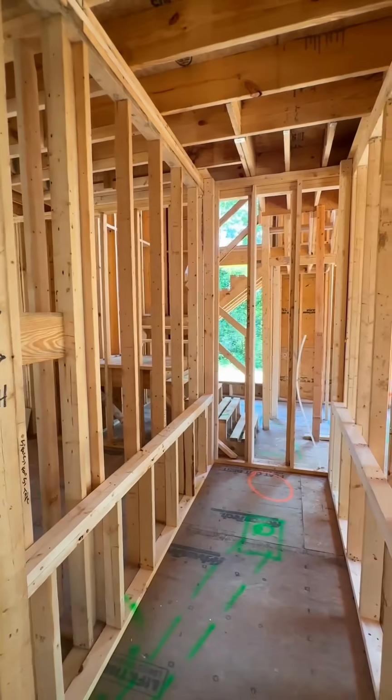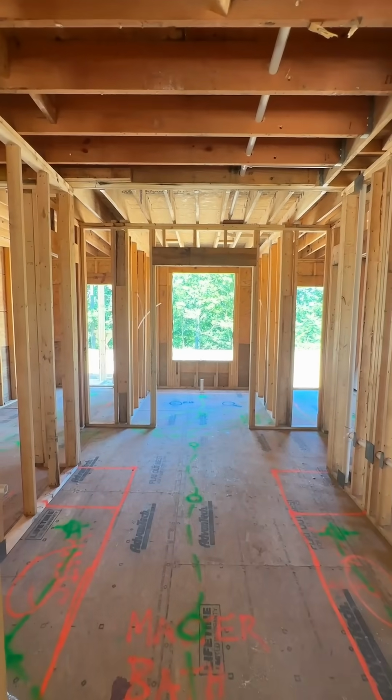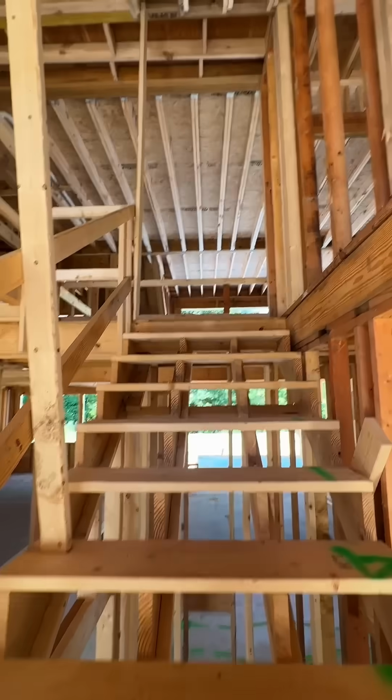The master bathroom actually had a ton of space. The layout was just super choppy, so we wiped it clean, made everything symmetrical, and yes, that is a giant window in the shower. Moving on to the second level, we widened the staircase just a tad to give a little bit more room,